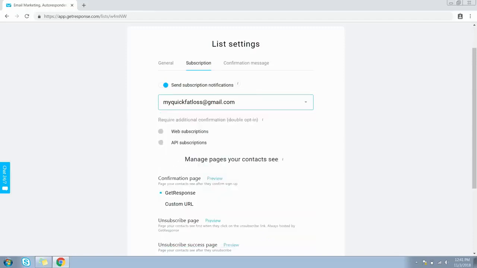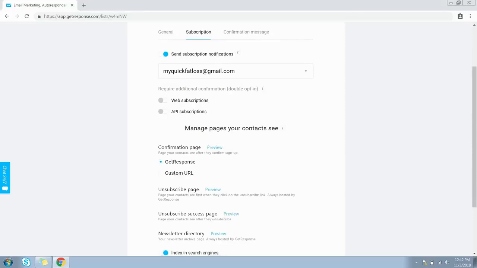The second option is whether you want to enable double opt-in or not. If you toggle this button and switch on the options, then every time someone opts into your list, they will receive a confirmation email. They need to confirm their permission to be on your list by clicking on the confirmation link in the email. I personally keep them switched off because users need to go through an additional step in order to be on your list, and sometimes they forget or even might not opt in at all if there is a delay in receiving the confirmation email or it lands in their junk folder.